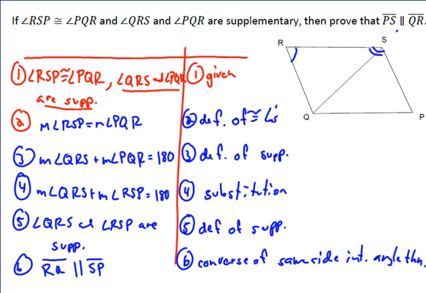Now, there were some other ways you could have done this with some substitutions. One thing is to notice that because these two were supplementary, that meant that RS and PQ are parallel by the converse of same side interior angles. So you could have shown that as your step 2, which would then give us that this angle is congruent to that angle. And then from there, you could have done some